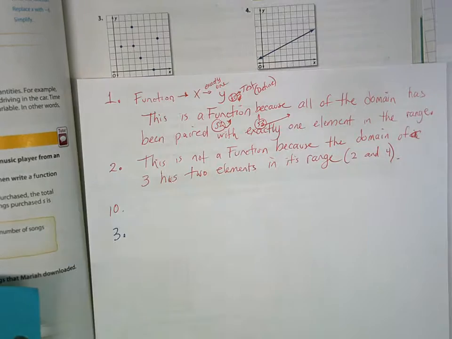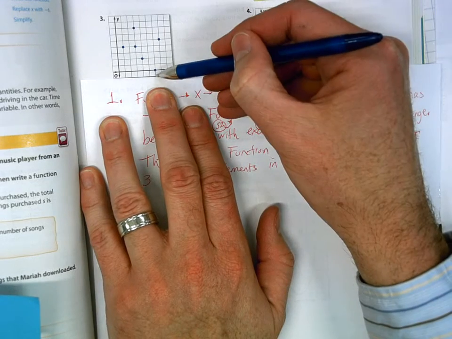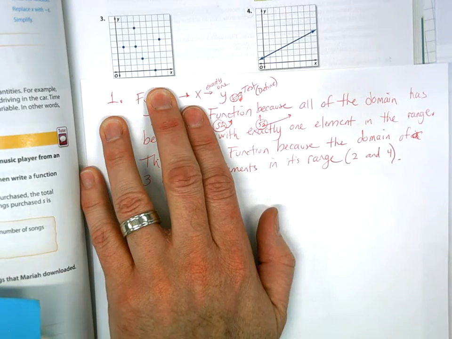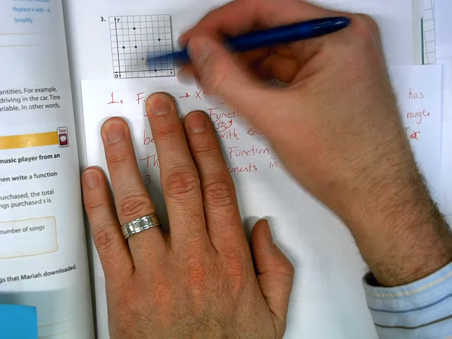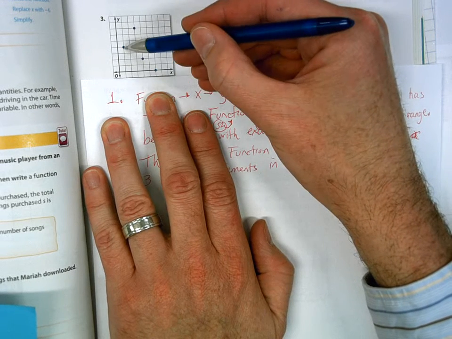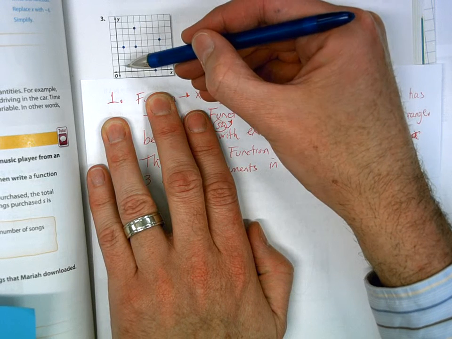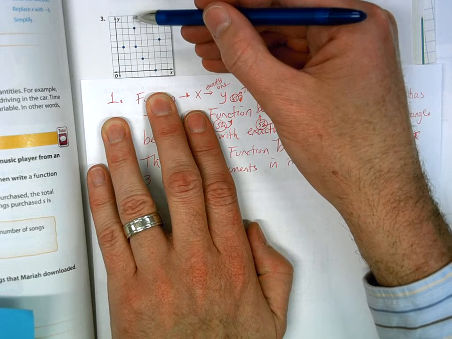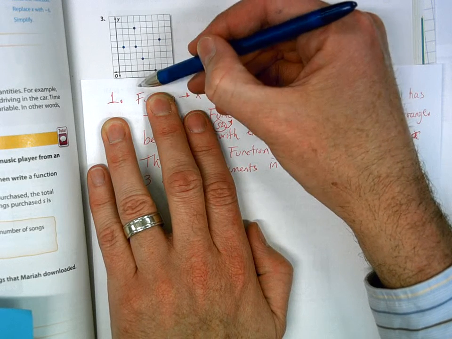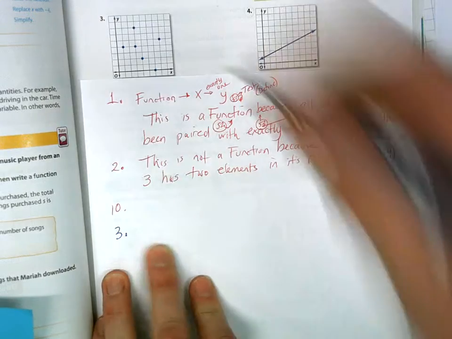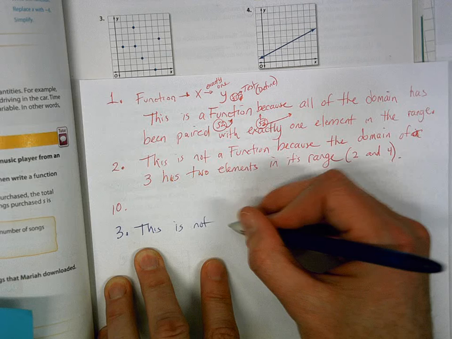A vertical line means you are running a line that is even with one particular x value. If I run a line here, if this is 1, my line would only go through one plotted point. This one, I run it here. How many points is that going through? 2. So, ladies and gentlemen, this is not a function